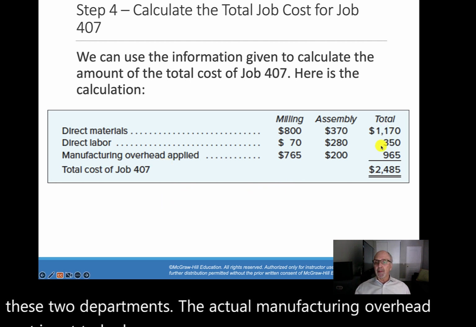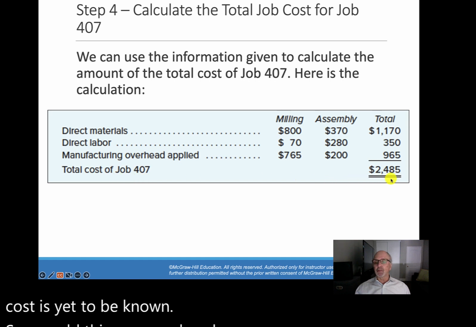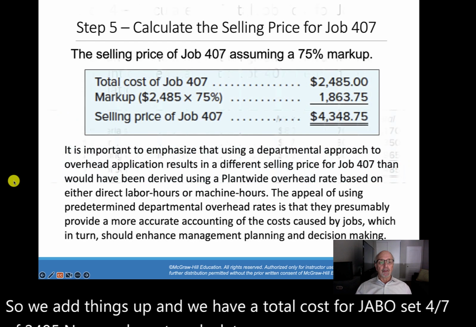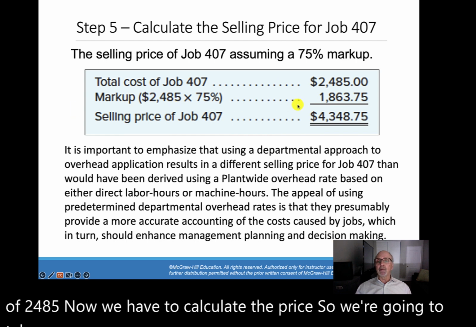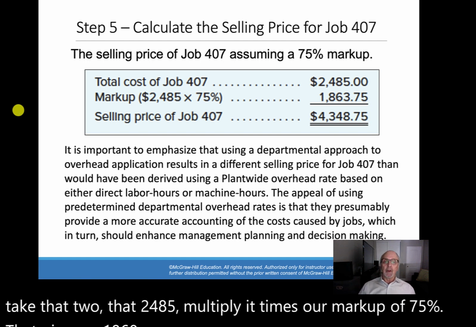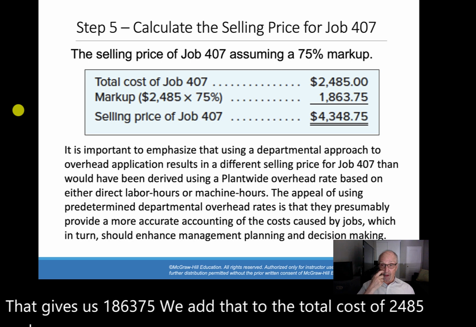So we add things up and we have a total cost for job 407 of $2,485. Now we have to calculate the price. So we're going to take that $2,485, multiply it times our markup of 75%. That gives us $1,863.75. We add that to the total cost of $2,485, and our selling price for this job is